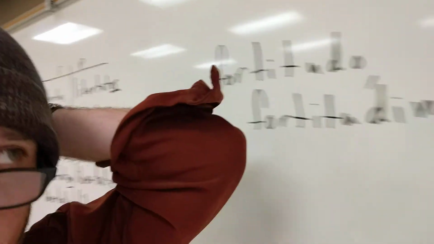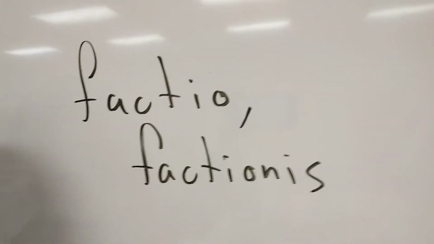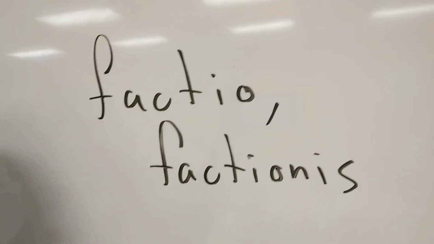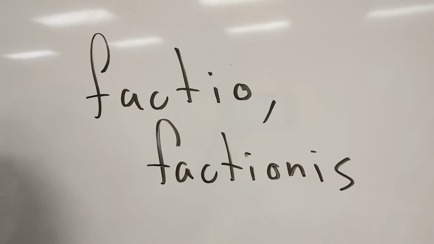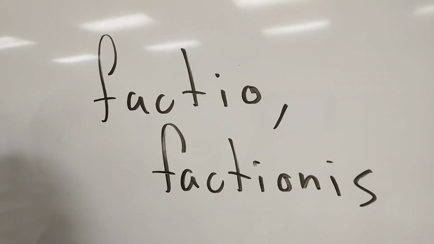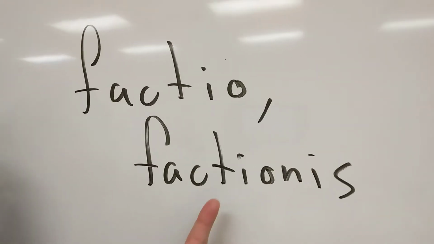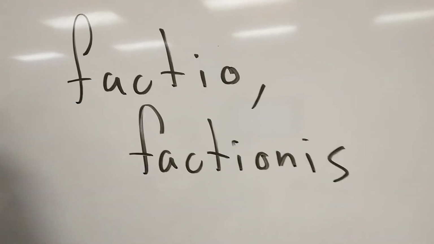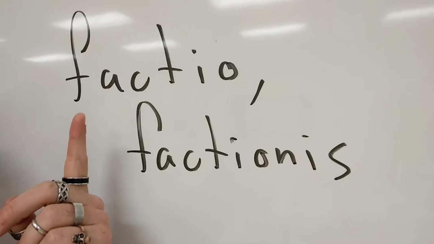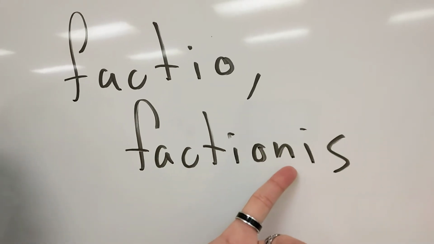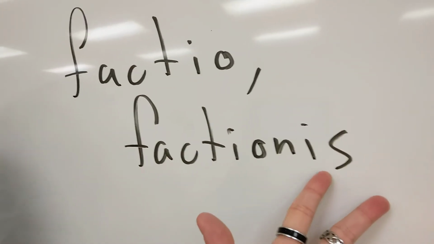Or for that matter, here's another real common pattern that shows up. Faction. Well, I mean, this is classical Latin, so this is factio, factionis, but it looks like the word faction because this is exactly where we get the word faction, and there are so many English words we have that end in tion, or if not tion, then sion, and every single one of them comes from a third declension word like this one, where the nominative is factio, and then the genitive adds an n to the stem, which is what we use in English, plus a third declension ending after that m. Did I say m?